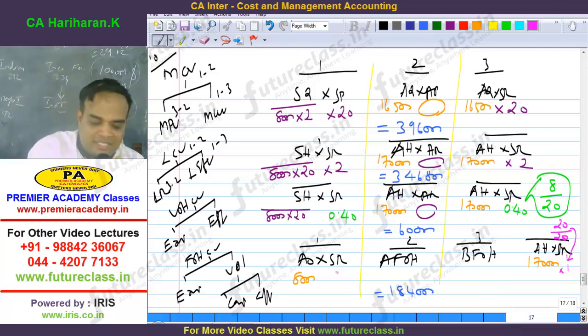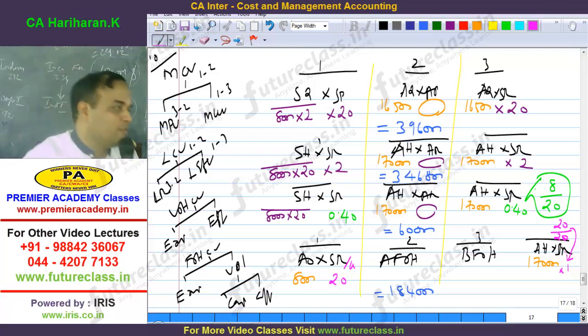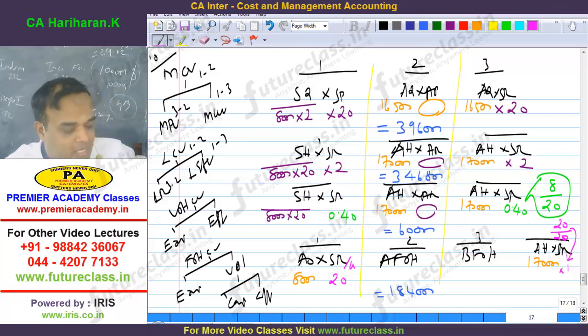Here also standard hour is there. Therefore, how much? 20. Because with the rate per unit, that is the rate per hour. Should be very careful. Here also we put the same 1 rupee. Should be very careful. Are you with me? Fixed overhead first column represents standard rate per unit. Comfortable? Budgeted fixed overhead you have to compute, sir.